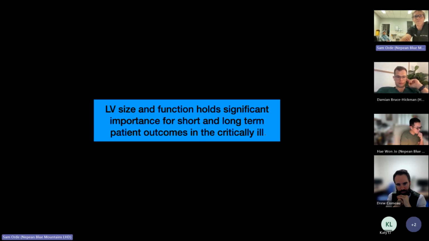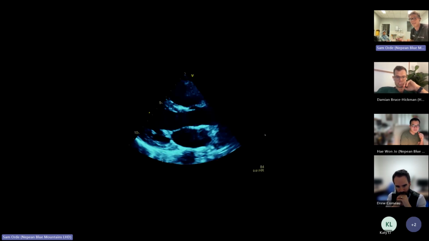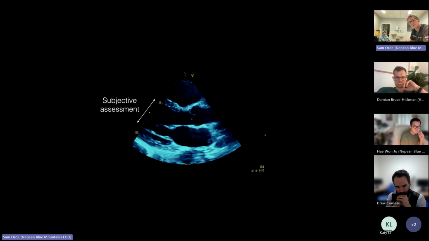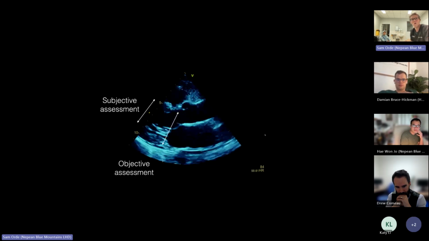Okay, so as we go forward, let's make sure that we're measuring it accurately, and let's understand that it is important to measure. So we'll start off with LV size. There are a couple of ways to assess LV size. First, we just eyeball it, and we've got a little marking along the side of the echo image, so you can have a look at those to try and estimate whether it's dilated or not,